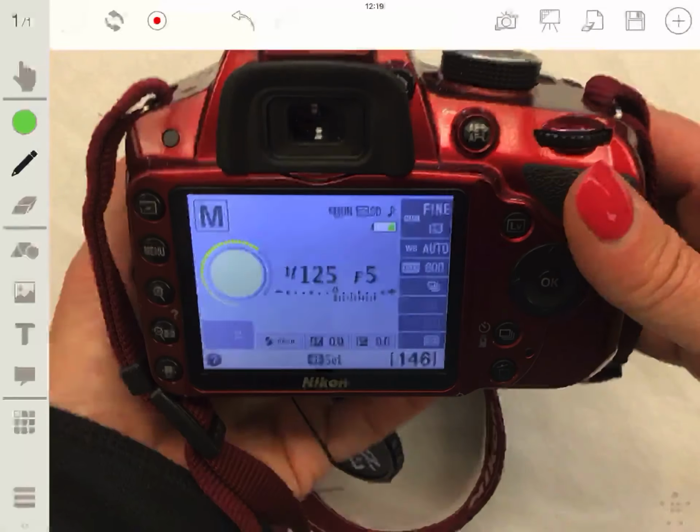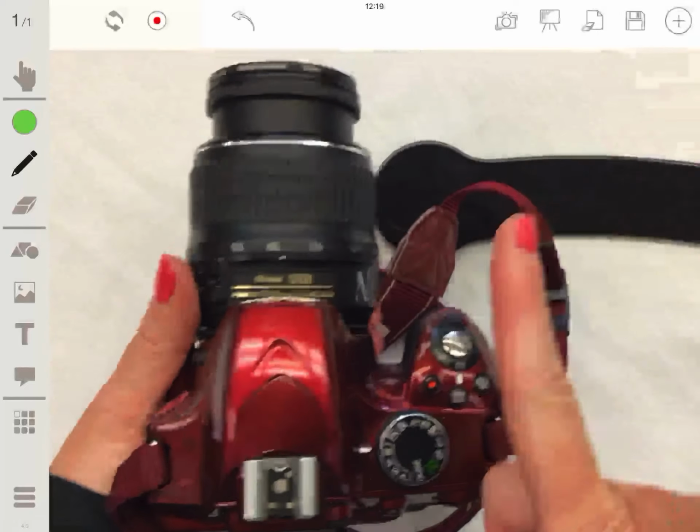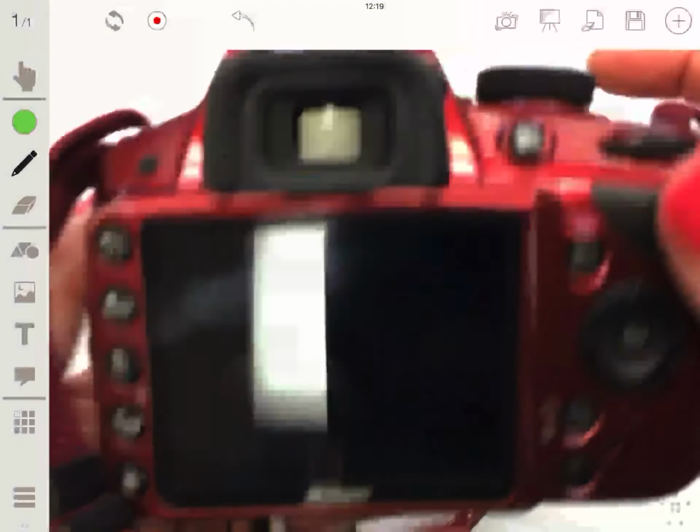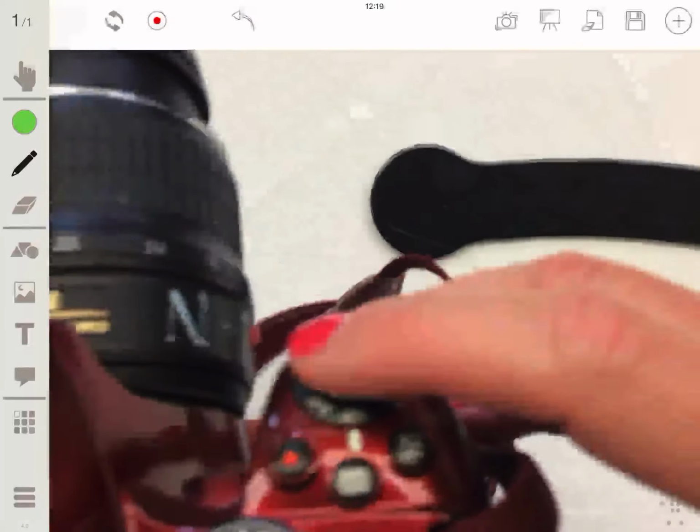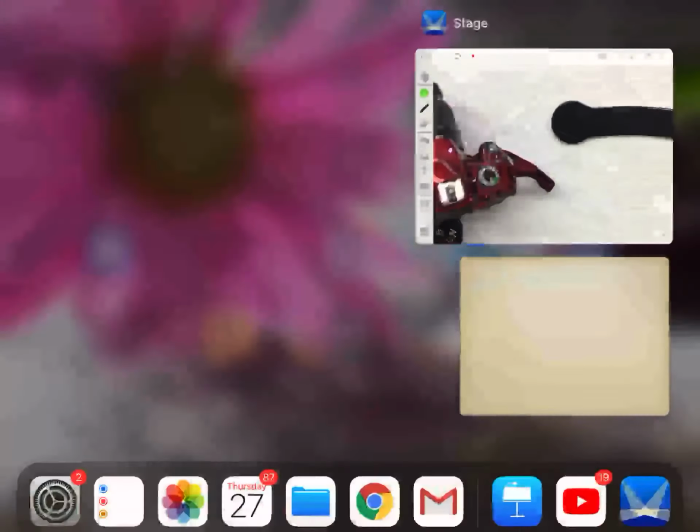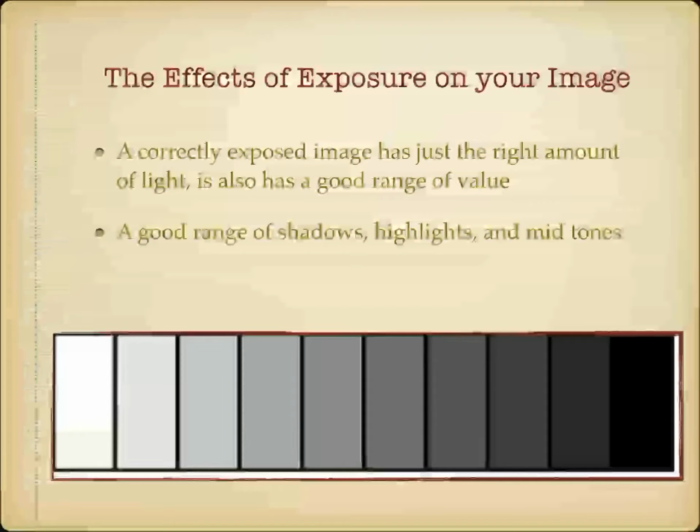Now, that would change if I move my camera and I'm pointing this way, because I'm pointing at different light, right? It takes a minute for high school kids to get that concept. A lot of people will try to set their camera, and it's natural to point the camera downward so you can see the back of the camera as you're setting it. And then they set it so that it's at perfect exposure, and then they lift it back up to take a picture, and their exposure is all messed up because it reads the light in front of you and it constantly changes, right? So